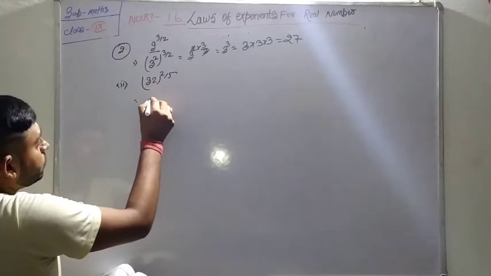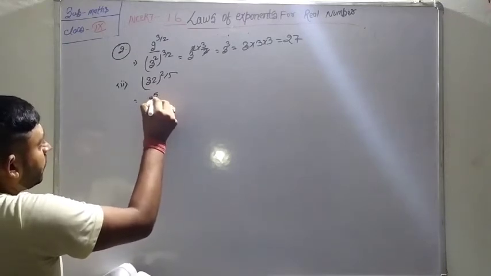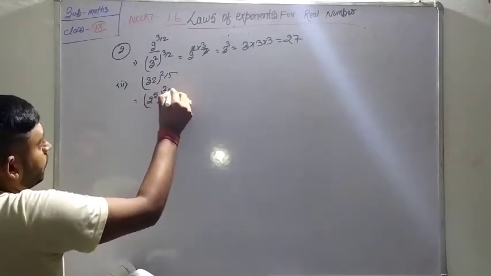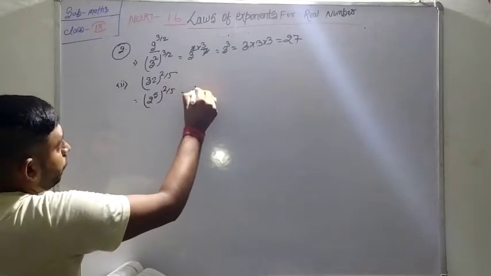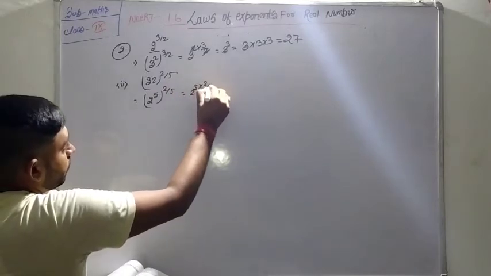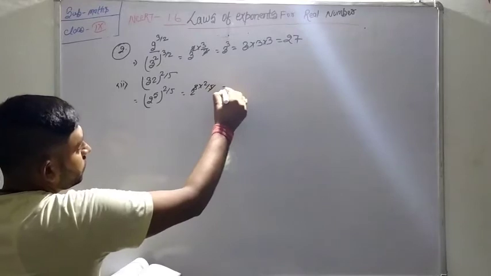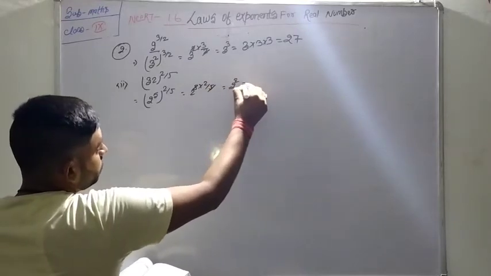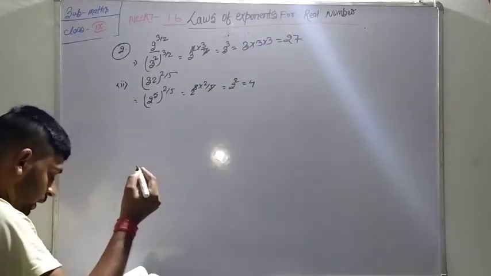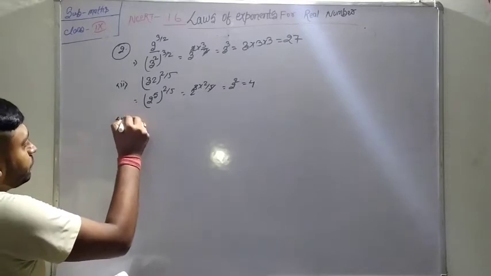Now we know that 32 is written as 2 raised to the power 5. Multiply 2 upon 5 is equal to 2 to the power 5 times 2 upon 5. Now the answer is 2 raised to the power 2, which is equal to 4. And number 3,